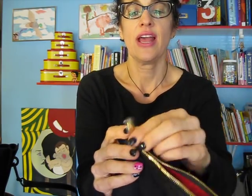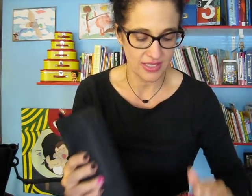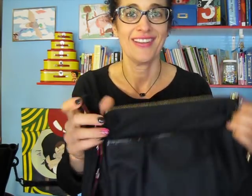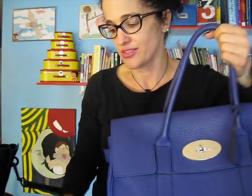And then this still has the plastic on it. So somebody's going to get a good deal if you're interested in this. Interested in the MZM Wallace bag, you want this one. You don't have to buy new, because this is a better deal, because this is just like new. All right, then last bag, and by the way, these would all be final sales if you did choose to get one,